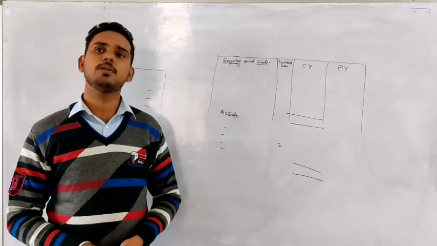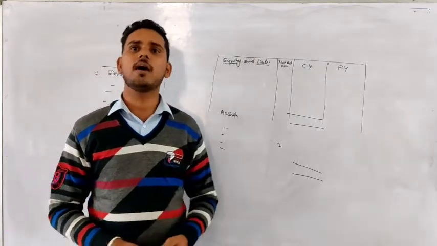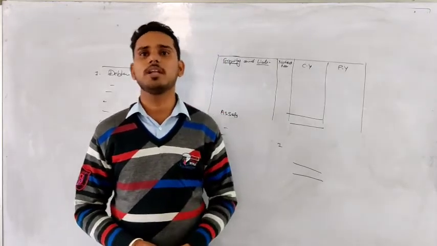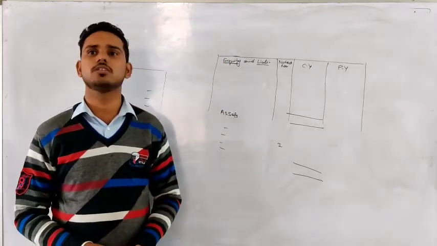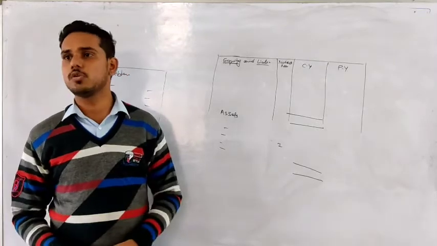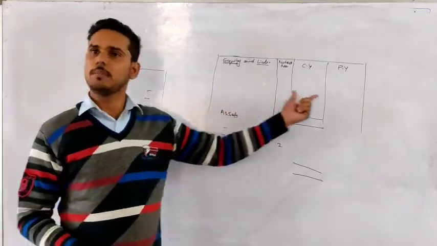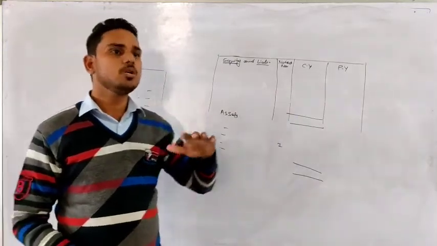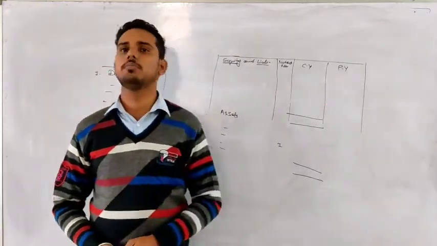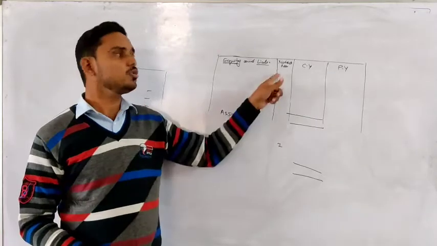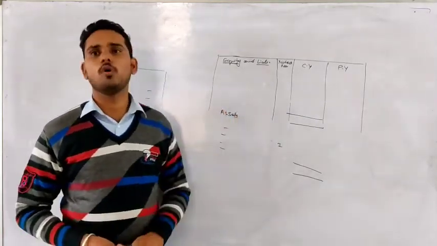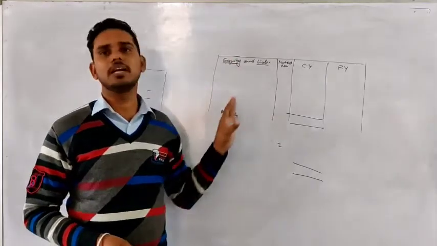Same way reserve and surplus also. There could be many reserves, capital reserve, general reserve. We have studied 2 in partnership also, like workmen compensation and investment fluctuation reserve. So there can be so many reserves. So what will we do? We'll write only reserve, the amount of total reserve, and then we can put a note number. You can refer to that note number to see all the reserves in our business. So I hope this note number is clear to you, right? Okay, so this is the total format. So I hope this format is clear to you.